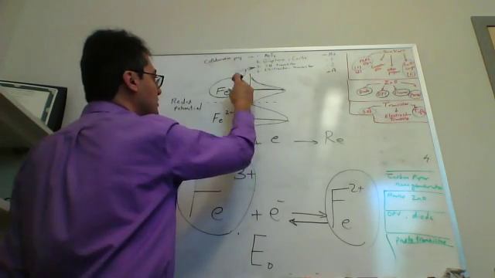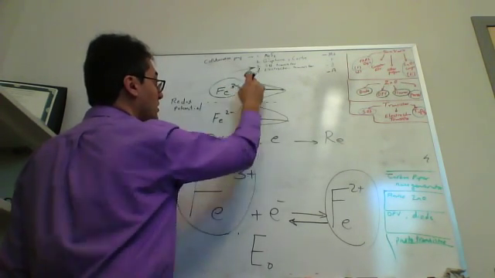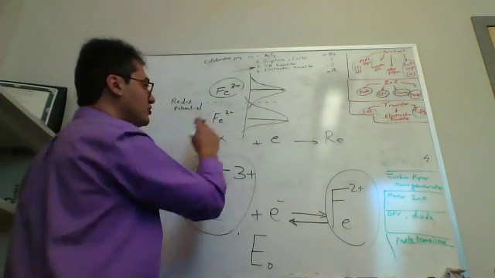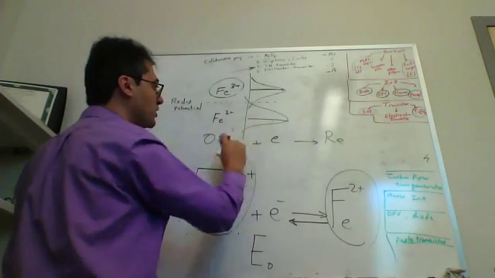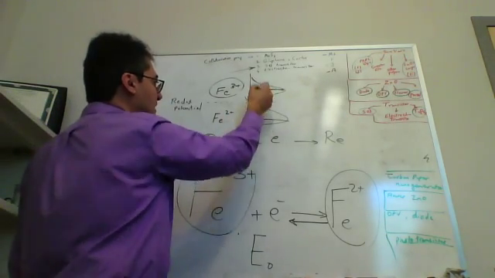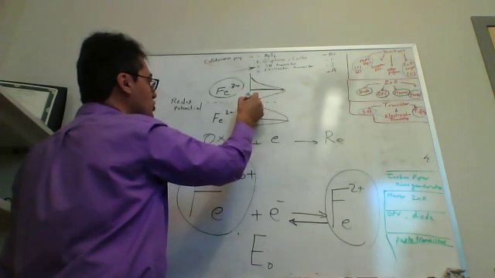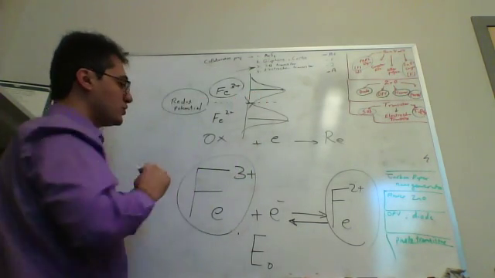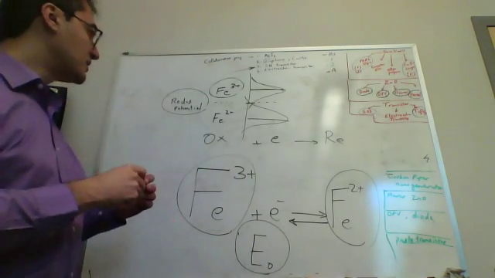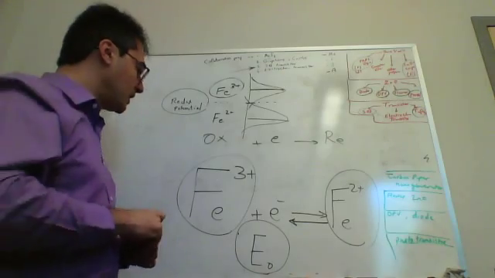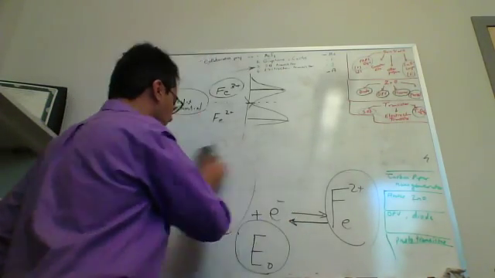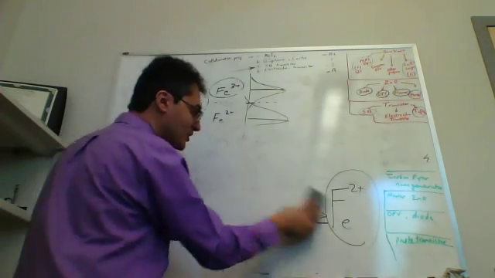The distribution of these ions in energy is mimicking a Gaussian distribution, and the distribution of the reduced form of the ions is mimicking another Gaussian distribution. So the point that's the average of these two shows us the average potential, which represents the potential for the redox reaction. If you remember what we had before,